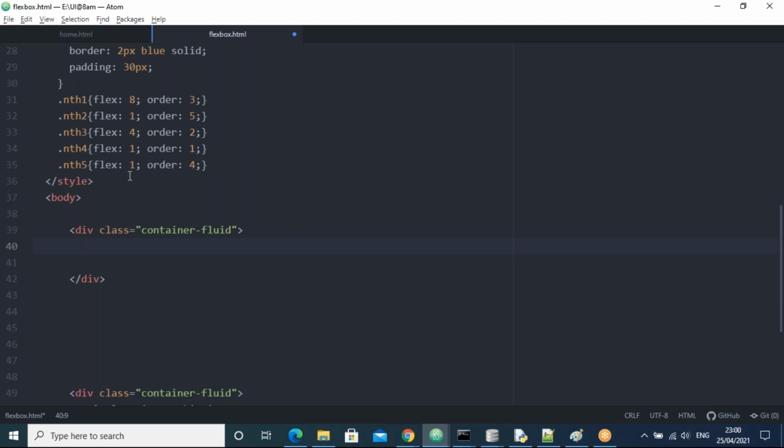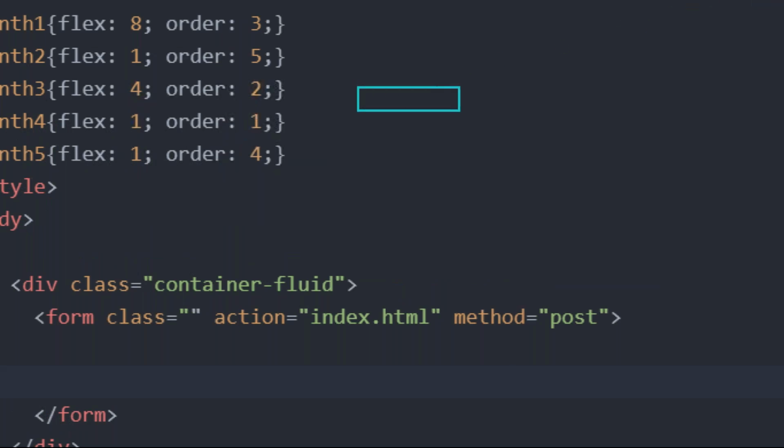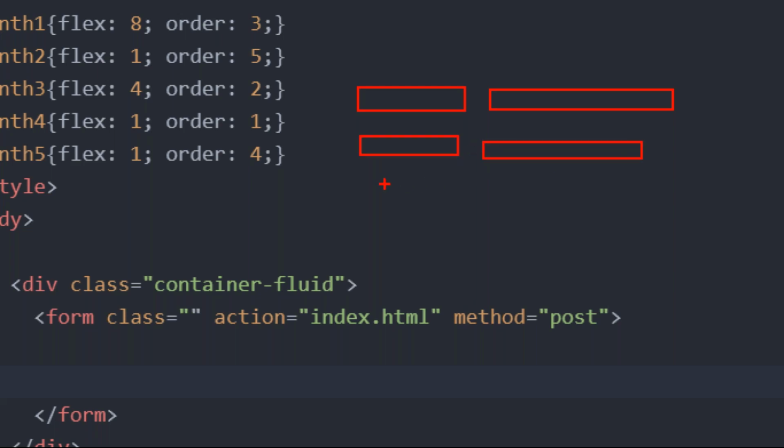Okay. Now, so we'll take the form tag, right? So form tag required, right? So yes, guys, I'm taking the form tag. Generally, what we have is the label and input box combination. All clear, right? See, this is the label and input box. Again, label, input box. Again, label, input box, right?